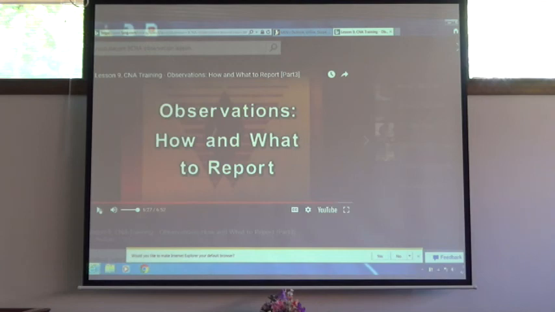CNAs spend most of their working time giving care to residents. By doing this, they observe the patients and are able to determine problems that need to be solved as early as possible. Some of these problems need to be found out as early as possible in order to save the resident's life. It is necessary for CNAs to have the ability to observe changes in residents' physical, emotional, mental, and